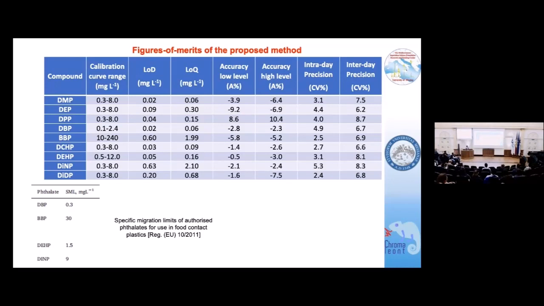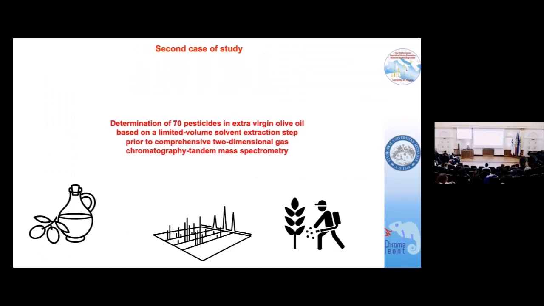To be honest, the limit of detection for this kind of contaminants, according to the EU, is not very low. Thus it can be considered a quite simple approach. As you can observe, the BBP limit from food contact is 30 ppm. So we decided to move to a quite challenging approach,